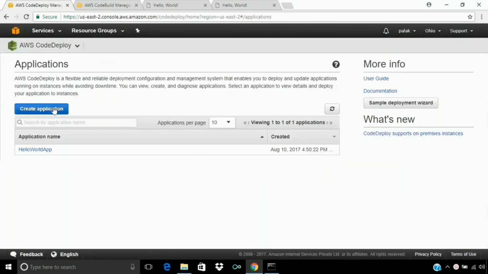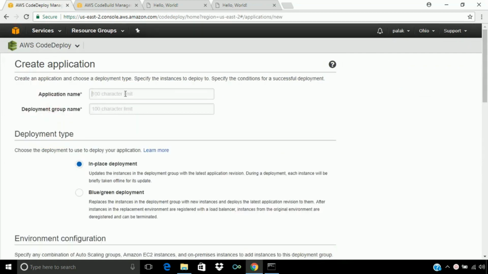So we will create a new application now for the blue green deployment. Let's say hello world app for auto scaling group using blue green, and the deployment group name will be hello world app as, and it will be stage.